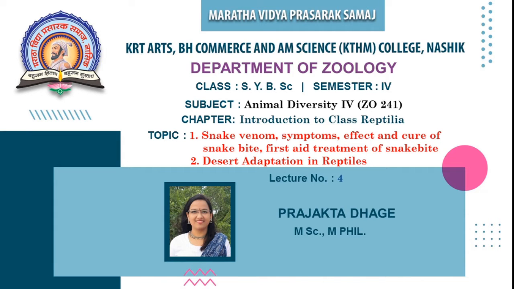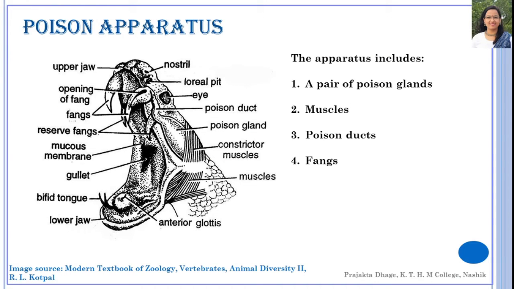So, let's begin. In the previous chapter, what we have learned is to identify the venomous and non-venomous snake. We have understood the key, we have seen the detailed key of how to identify a particular snake based on the scales that are present, and many other things were there. So you have already seen that.